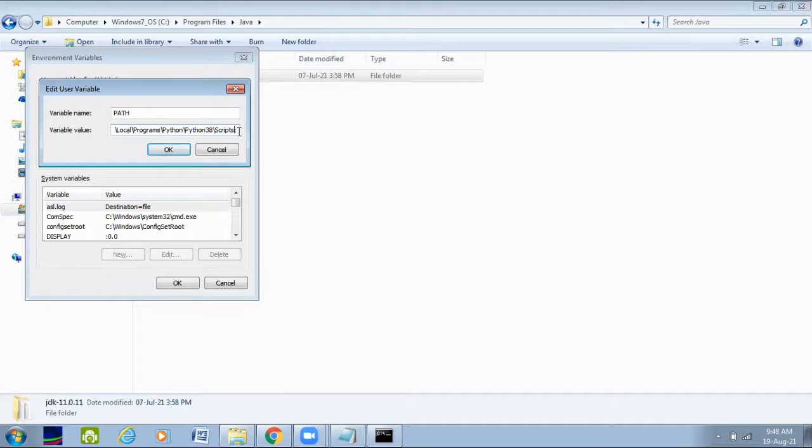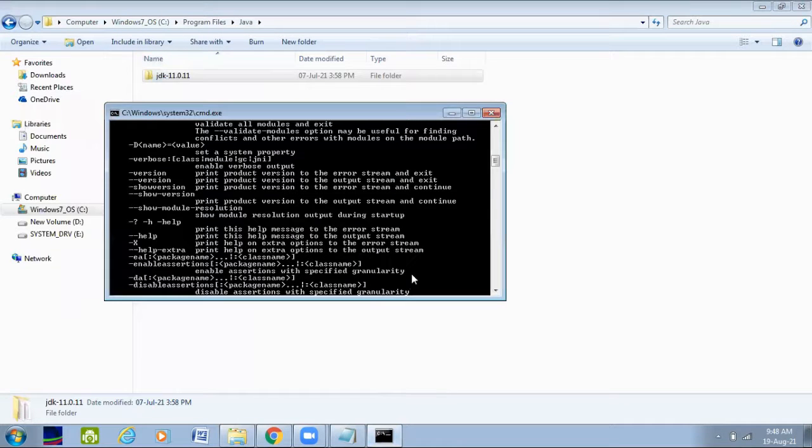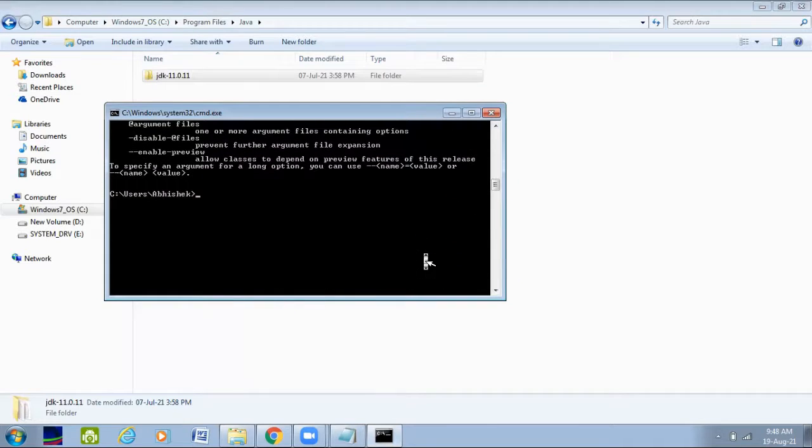I already have it. See, JDK 11, this is the folder, isn't it? JDK 11 windows, so this is the path. Now, what this path actually does is, if you invoke a command on your command prompt, at first it will search in the directory which it is present in, in our case the user exec directory.